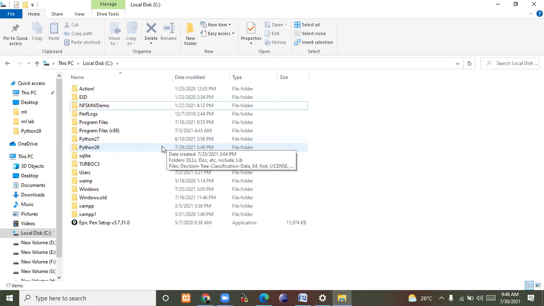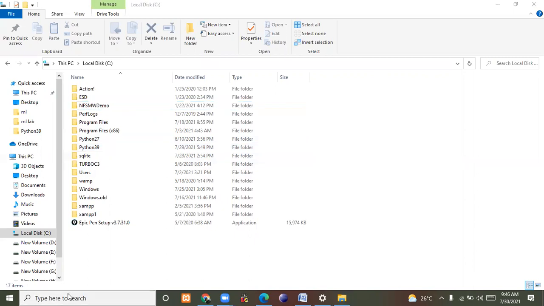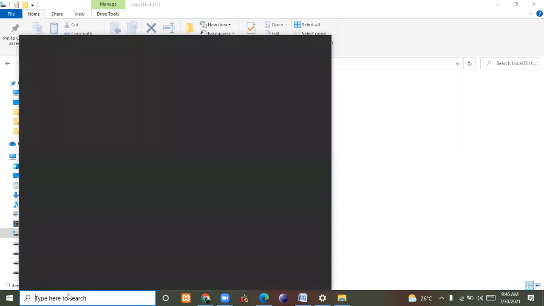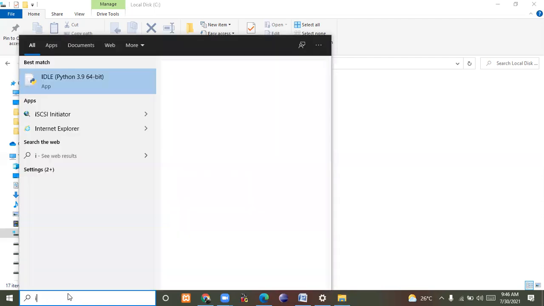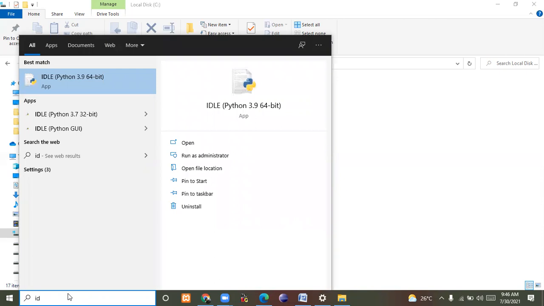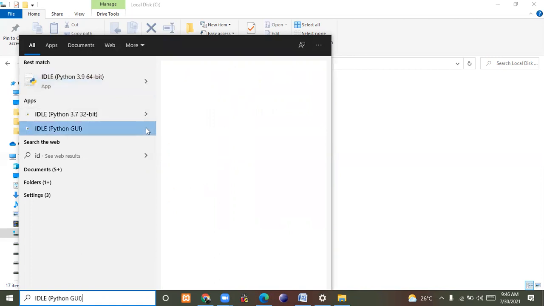Simply, go to search, students. Just type here IDLE. Here you can see in my computer there are three softwares: Python 3.9, that is 64-bit, Python 3.7 32-bit, and Python 2.7.